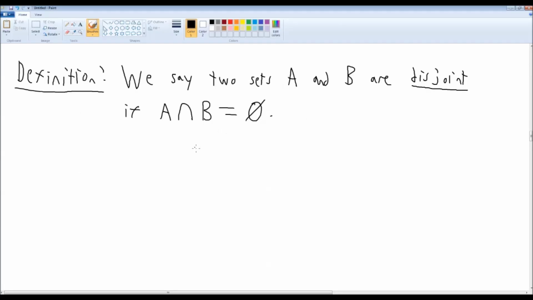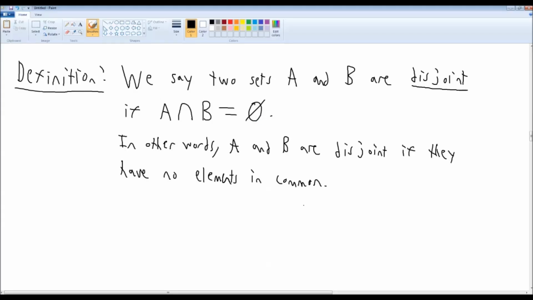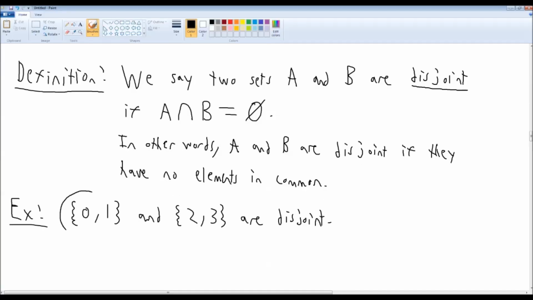Now, here's a definition you'll see a lot. We say that two sets are disjoint if and only if their intersection is just the empty set. Another way to think of it is that A and B are disjoint if they have no elements in common. For example, these two sets are disjoint because they have no elements in common. Or another way you can think of it is that if you take the intersection of these two sets, well, it's the set of things which are in both, and since there's nothing in both, then